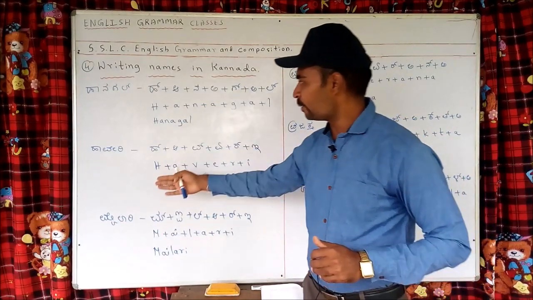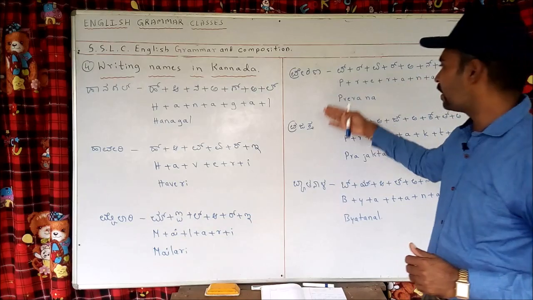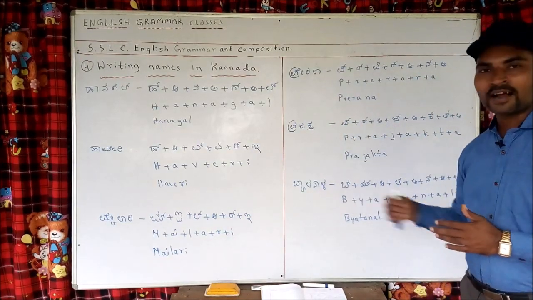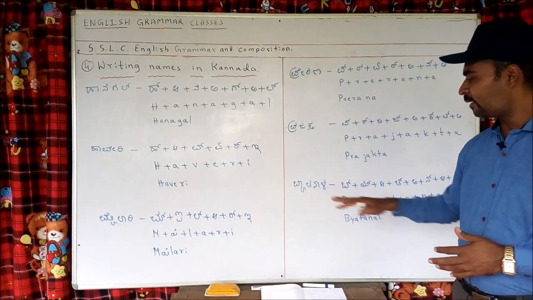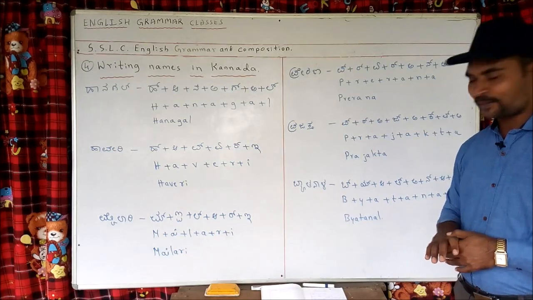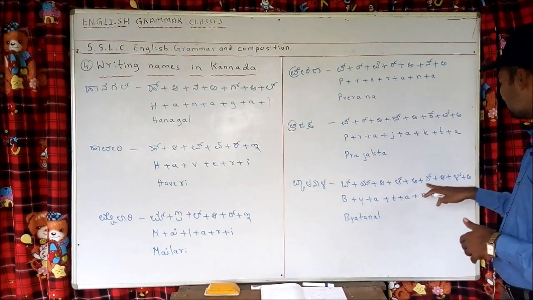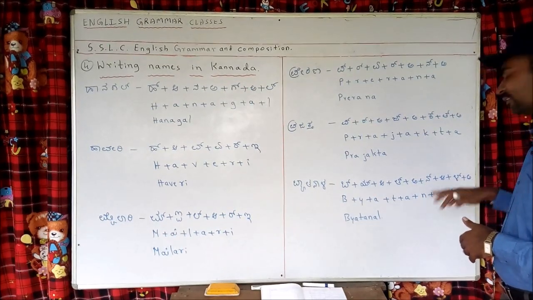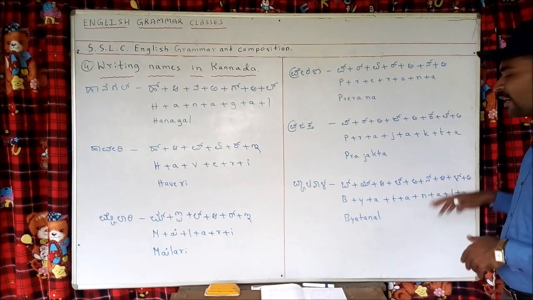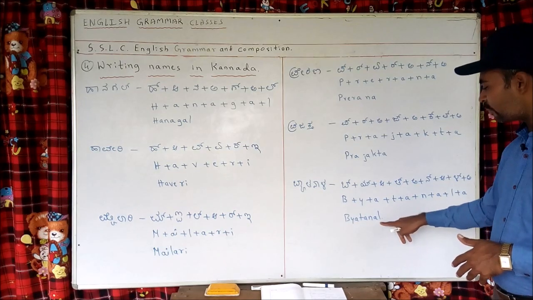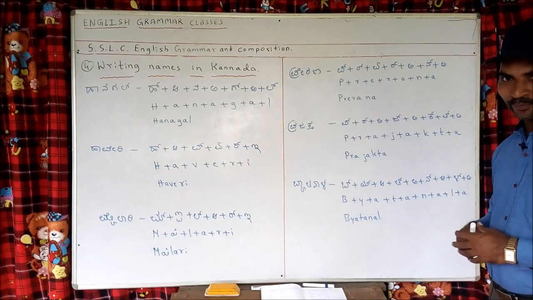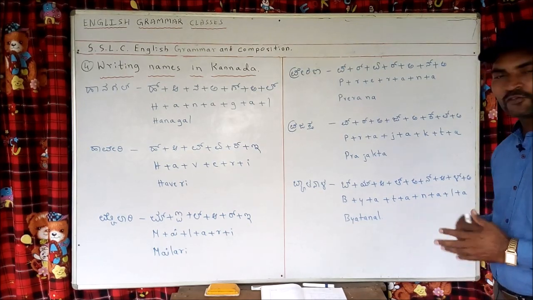The case is the same with Haveri, Mailari, Prerana, Prajakta and Batnal. Here you can see a little bit of difference. I have written b, y, a, th, a, n, a, l, a. Here I have written a also. But when the final word comes, I have dropped that a. This kind of change